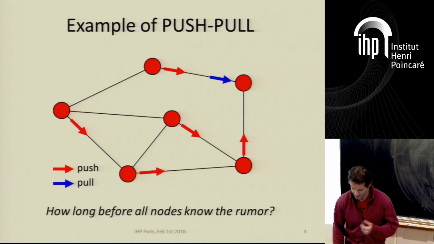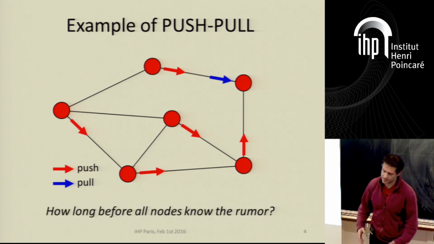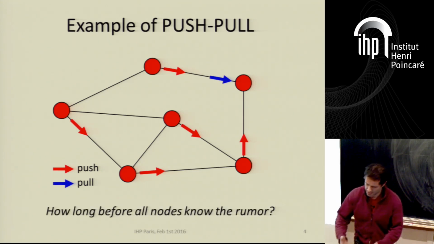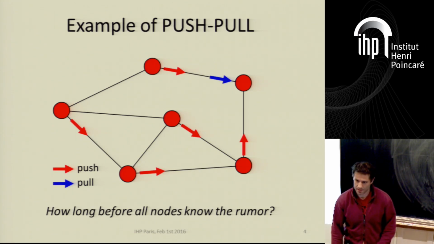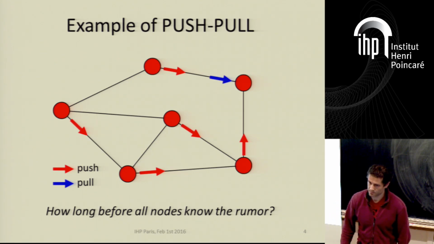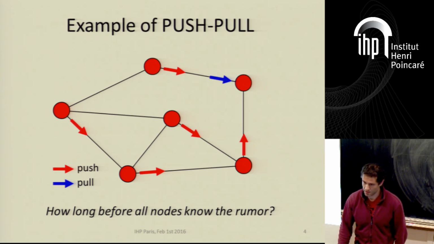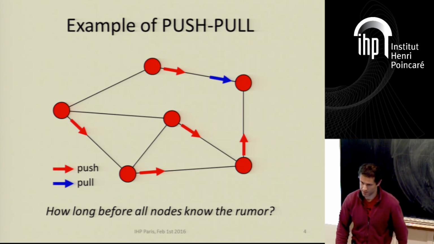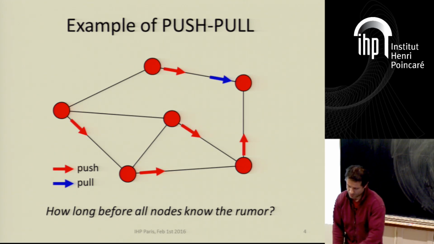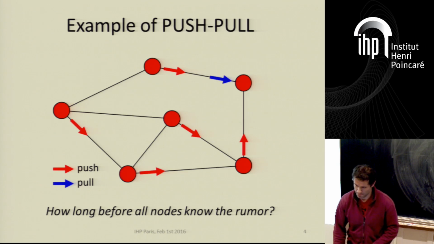Okay? And the main question we will be interested in is how long it takes in a given graph before all nodes know the rumor. Okay? So is the protocol clear? Yes? So it means that things would be spreading even with only a push protocol or only a pull protocol, right? Yes, of course. This is just one of the three versions that I described. But I will mainly talk about this push-pull protocol. Okay?